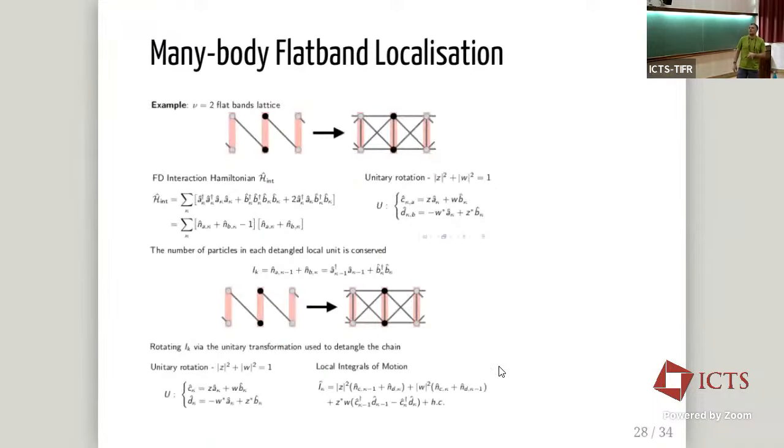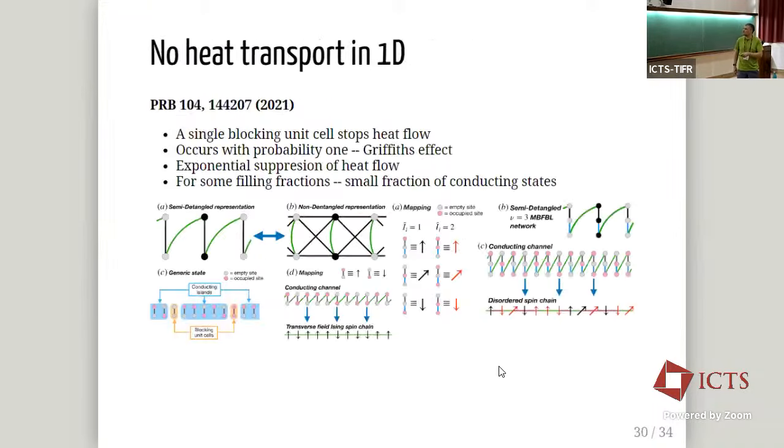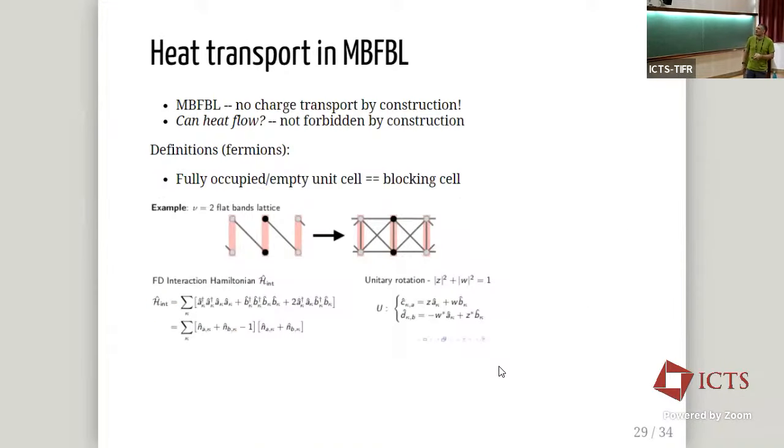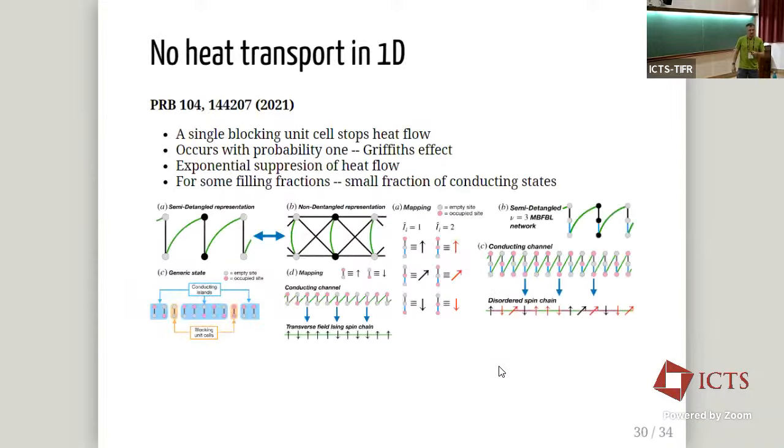Okay, then I'll speed up. Let me explain one last thing. I demonstrated how the particle transport can be suppressed in this setting. However, you might still wonder whether heat transport is possible. You can imagine that even though, if you go into this basis, your particles cannot move, by driving the particle within a single dimer, with the density-density interaction, you can induce some heat propagation over the lattice. So the quick answer is no,